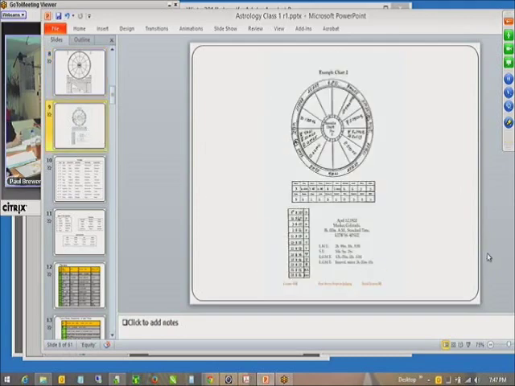Here's an old chart that was done by probably Elbert Benjamin. He's calculated these house cusps out here and the planets in the house, all done by hand, no computer. And then he's counted and filled out these boxes: how many planets in fire, air, earth, and water, how many in cardinal, mutable, fixed, how many in companionship houses, all this stuff. And then with this distribution, you can now start using the keywords for the triplicities, fire, earth, and water. I'm going to show you how to do this with Astrodynes too, but